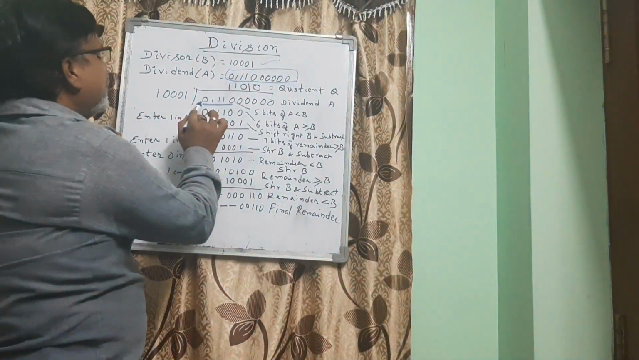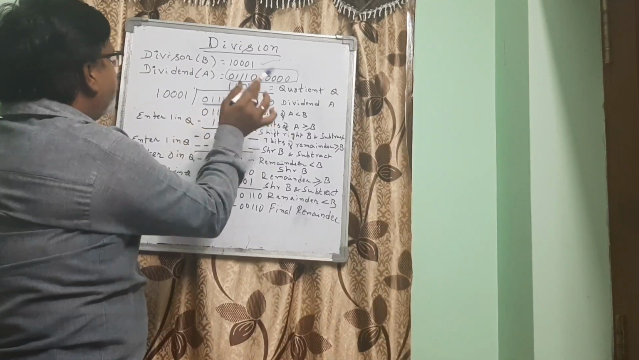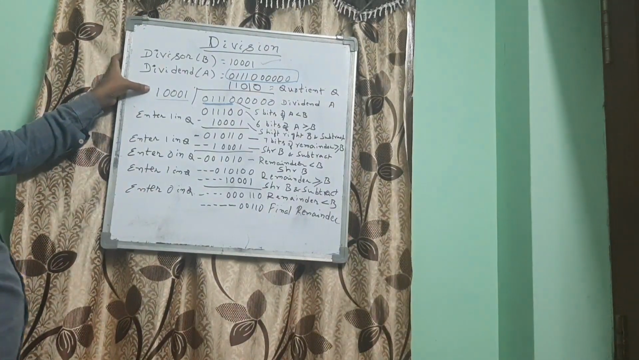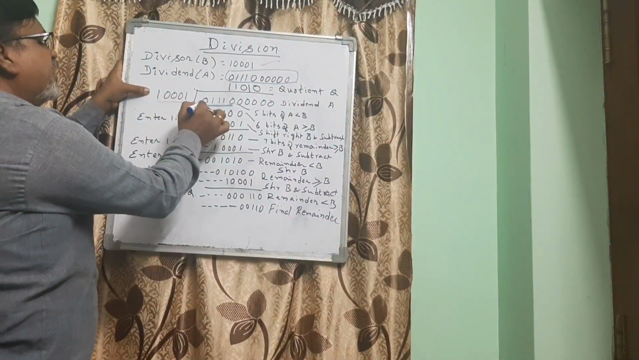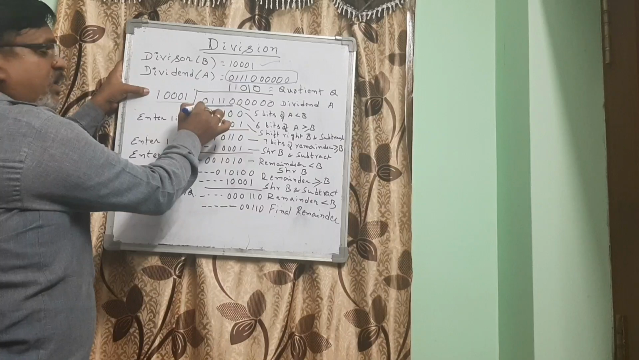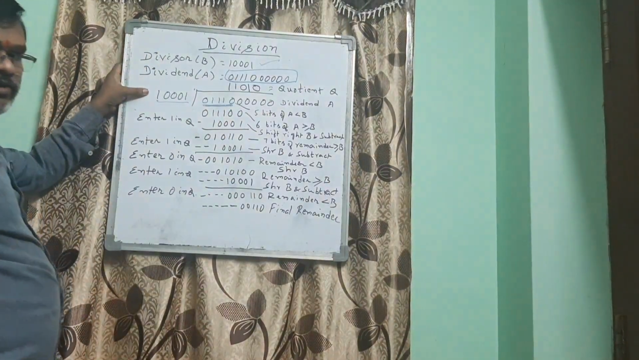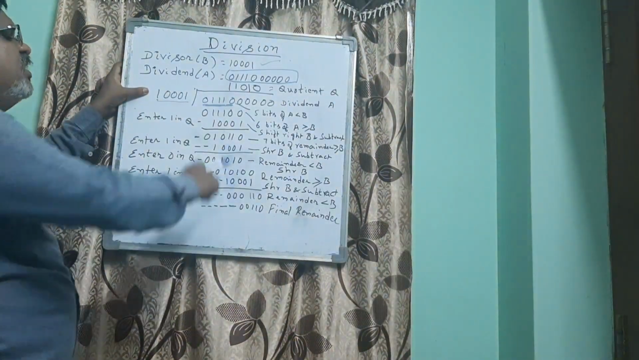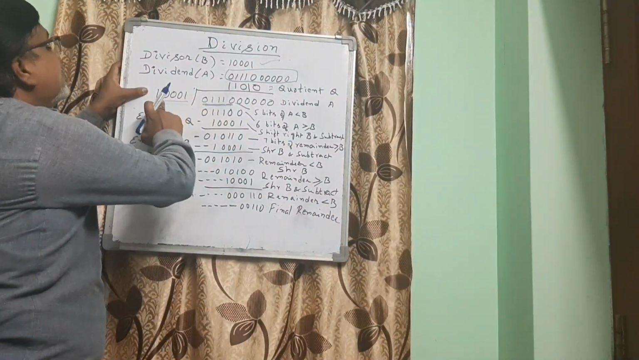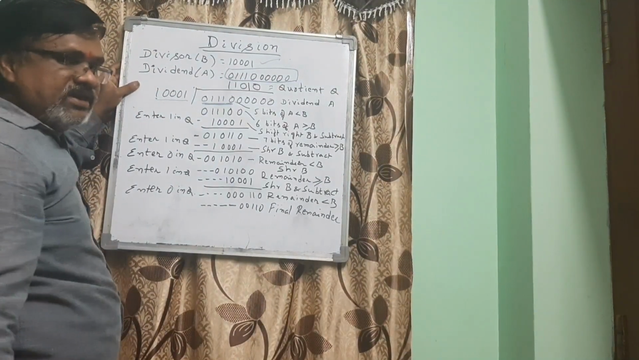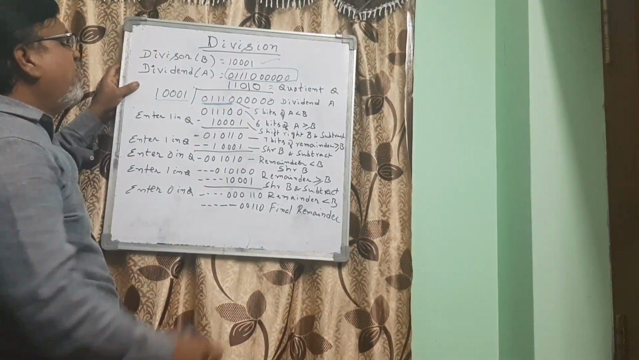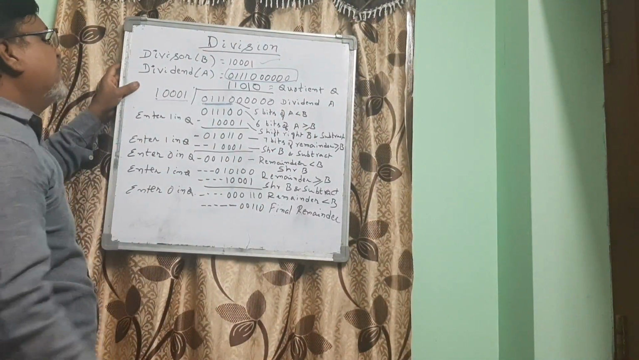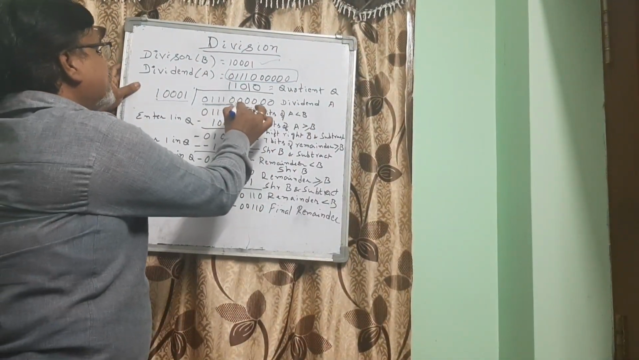You can see 0 1 1 1 0 is obviously less than the divisor, which starts from here: 1 0 0 0 1. In the 5th position here we have 0, and here in the 5th position we have 1. By that comparison we can conclude that this dividend is less than the divisor. So the 5 bits of A are less than B. That's why the 6th bit is